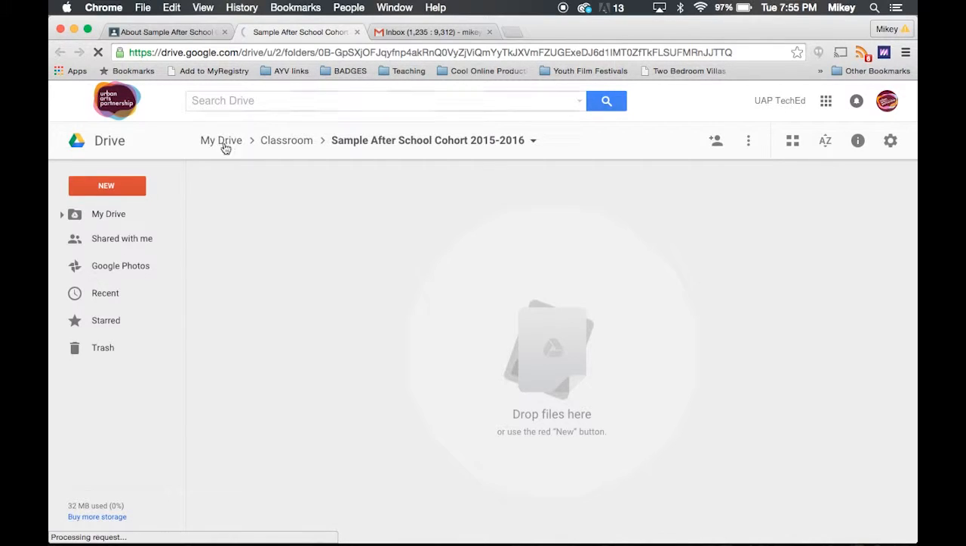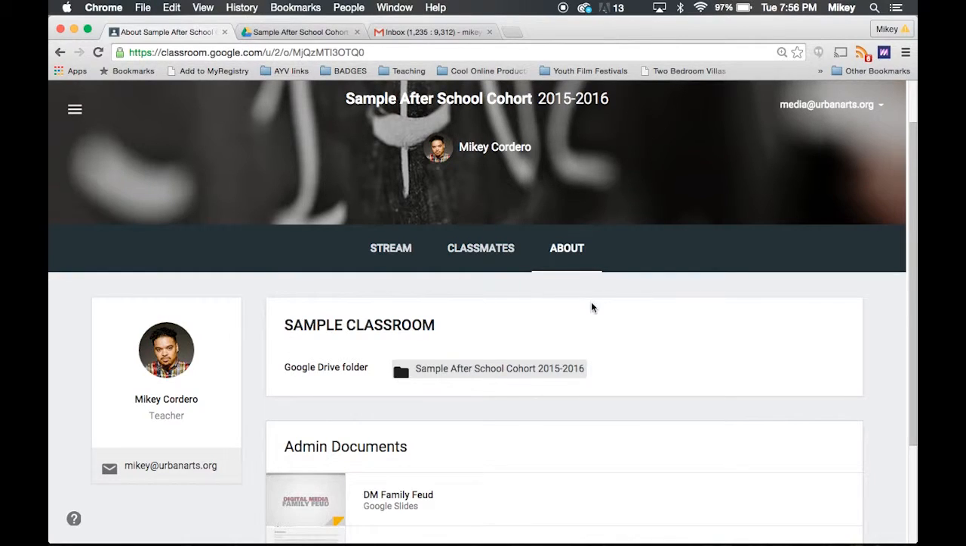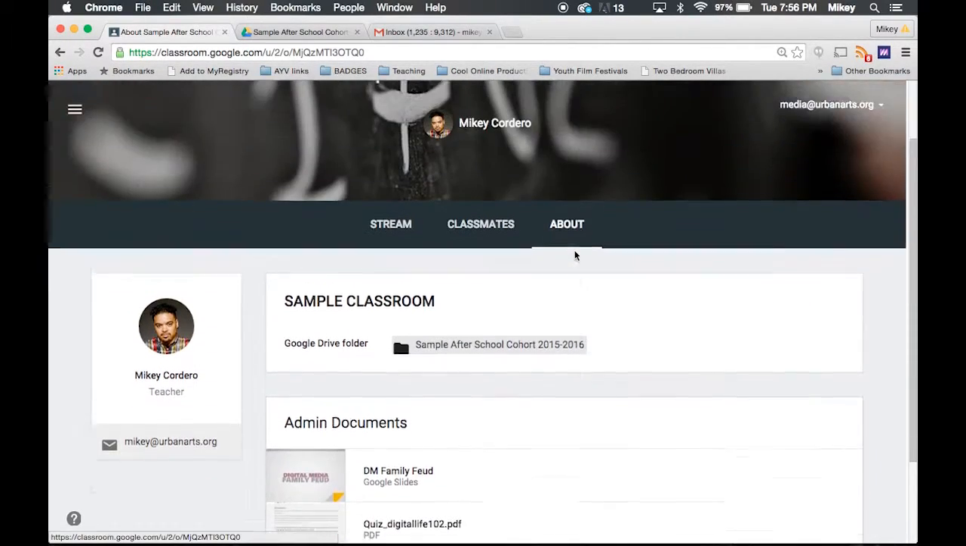If you look on the top here, you can see what the navigation is. So on your drive, in the folder called Classroom, you'll have a folder for your cohort with all the materials in it. So if we go back over here to the after school cohort,